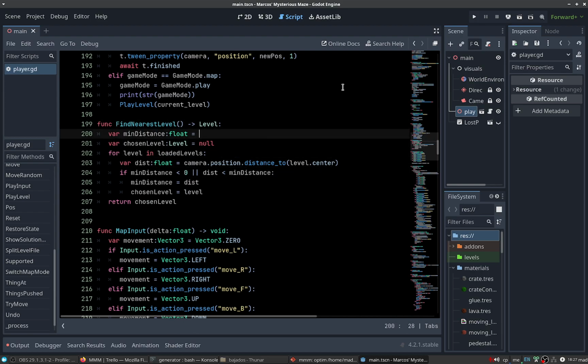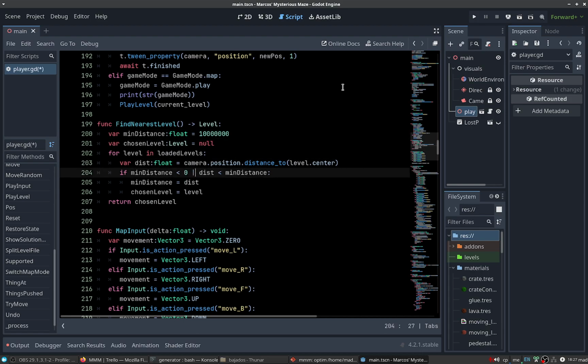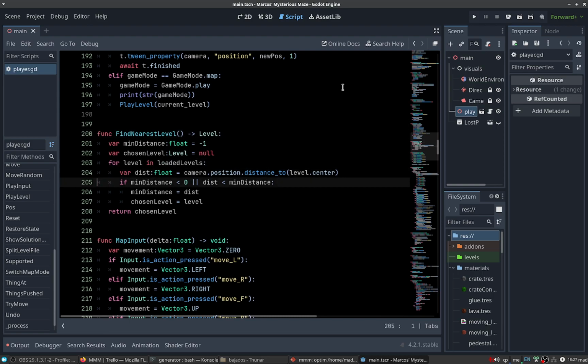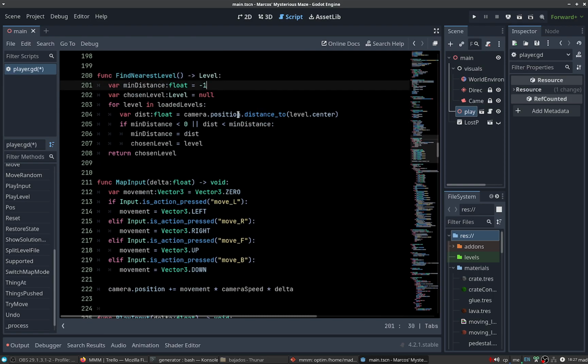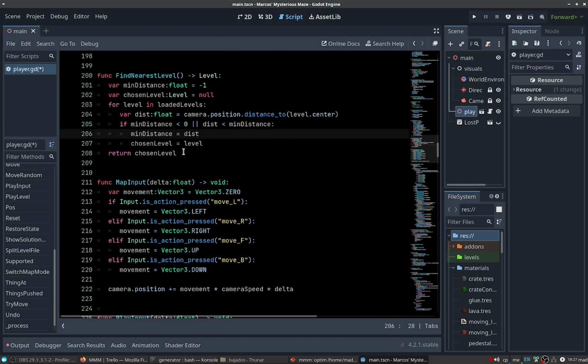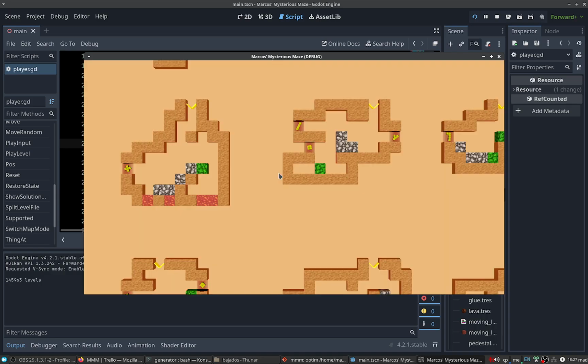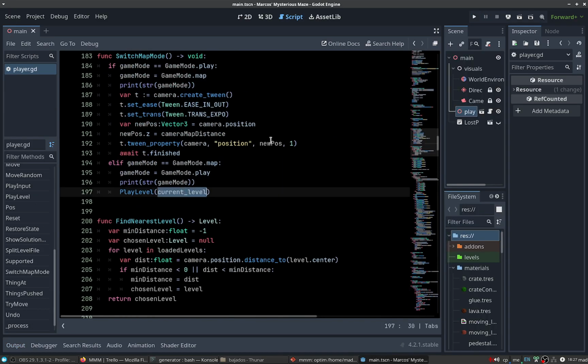We could put here a very big number and remove this, but just to be safe, we will make it like this, because who knows how many levels the game will have in the future. So the distances could be very big. Okay, let's see. Of course, if we don't use the function,